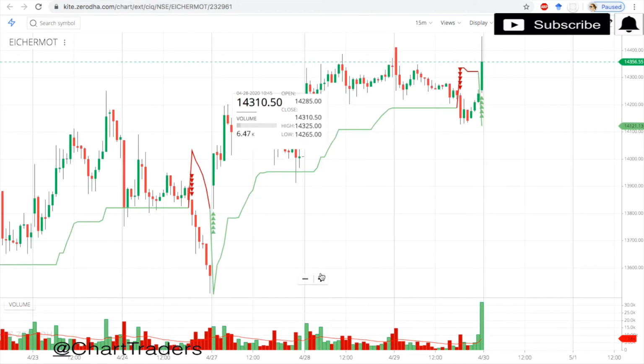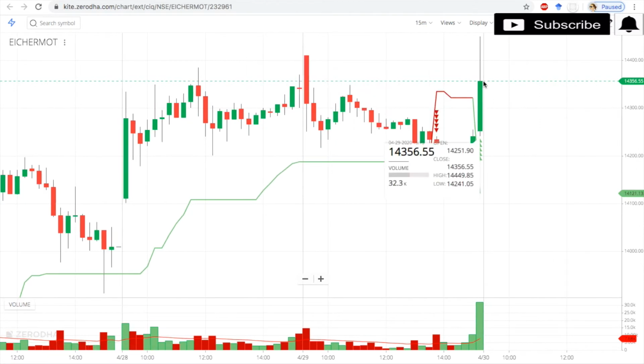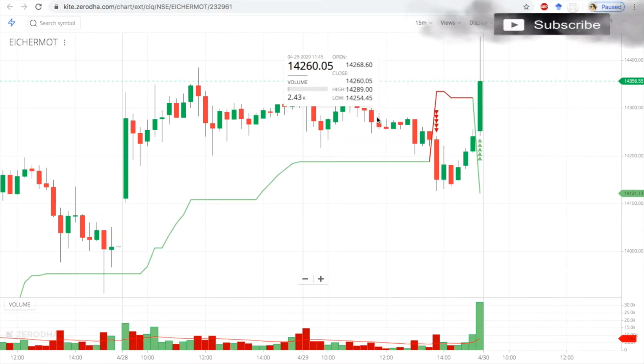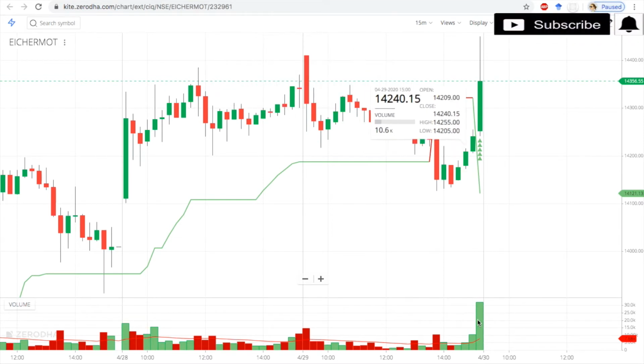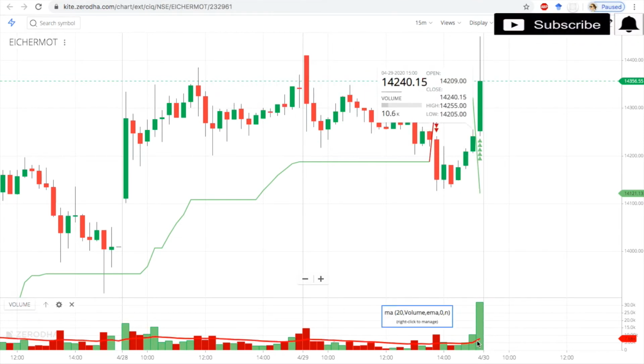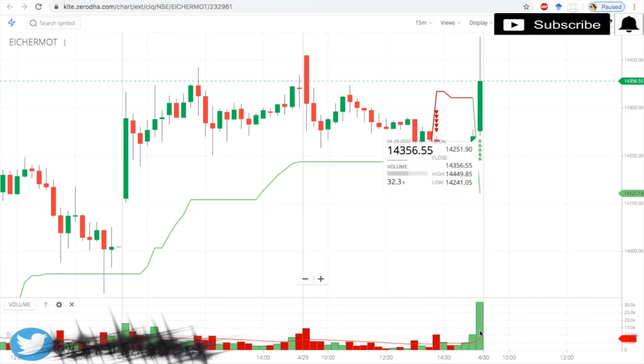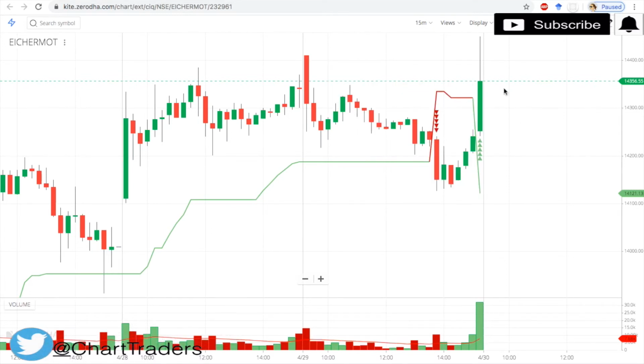Here you can see the close is higher than the previous 15 to 20 candles, and also the volume is higher than the 20-day moving average volume. So I want to generate an alert when this condition is achieved, because it shows some bullishness in terms